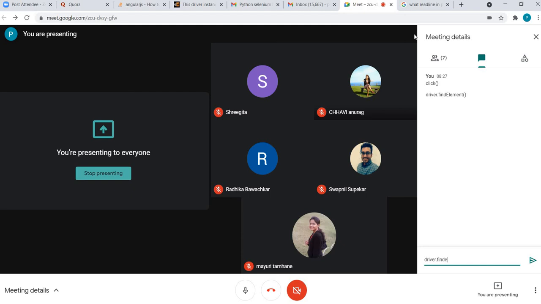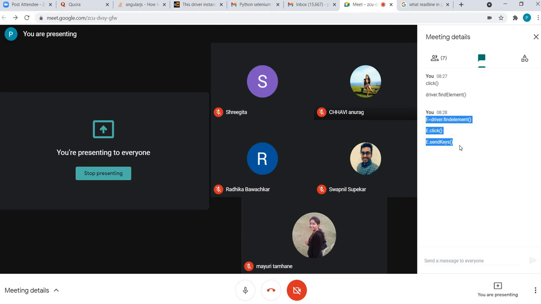Driver dot find element is 1. Then we will get the element back. We will store it here. And then e dot click and e dot send keys. So his question was, out of these 3 statements, which is unlikely to throw stale element exception?